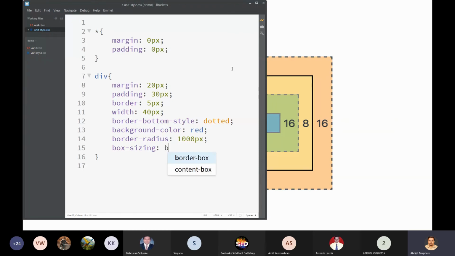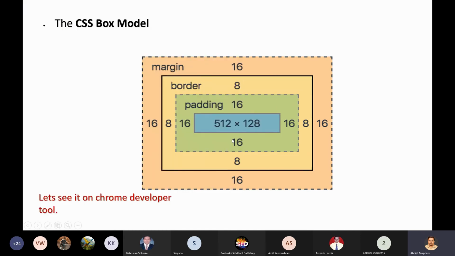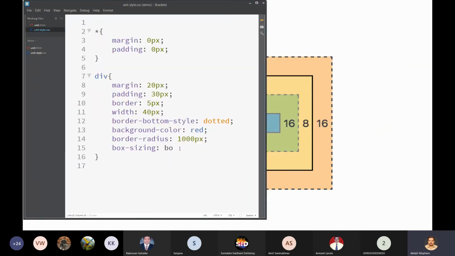So most of the time we work with the border box. Border box means the height and width that you specify for the element will include padding and border only. It will not include the margin. Most of the time we use border box only. So this is the box sizing property.